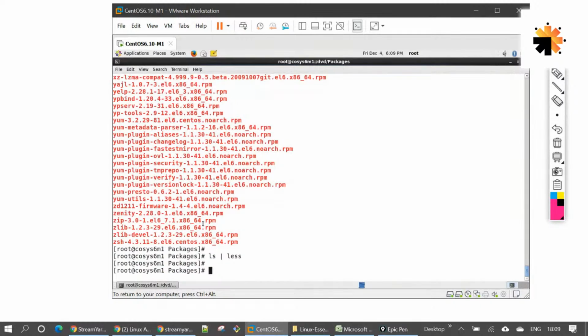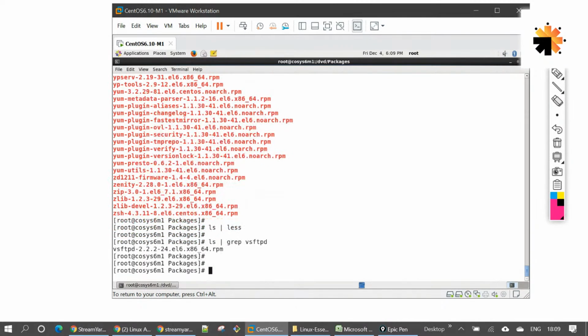Let's take vsftpd. So do we have vsftpd here? So ls, pipe it to grep vsftpd. So yes, we have vsftpd here, right? So what we can do, we can type in the command rpm -ivh